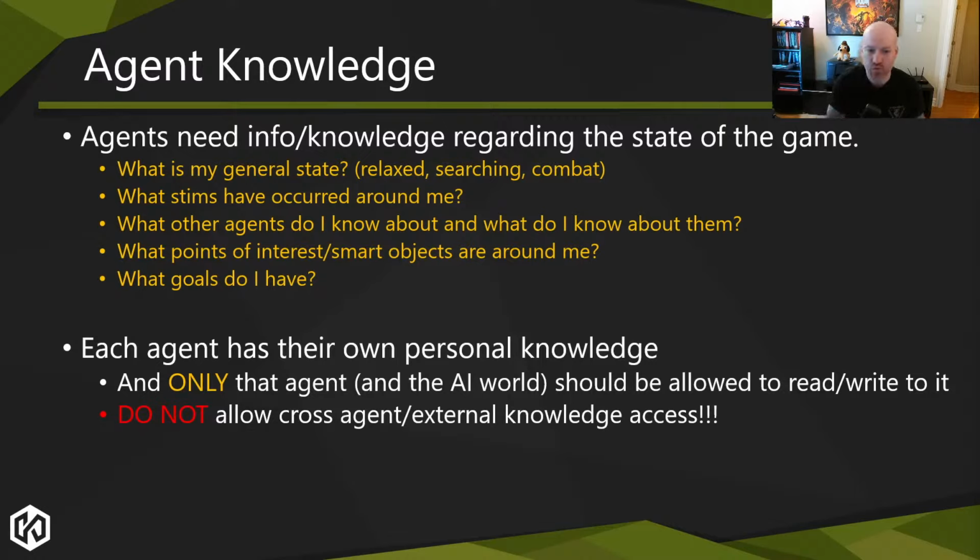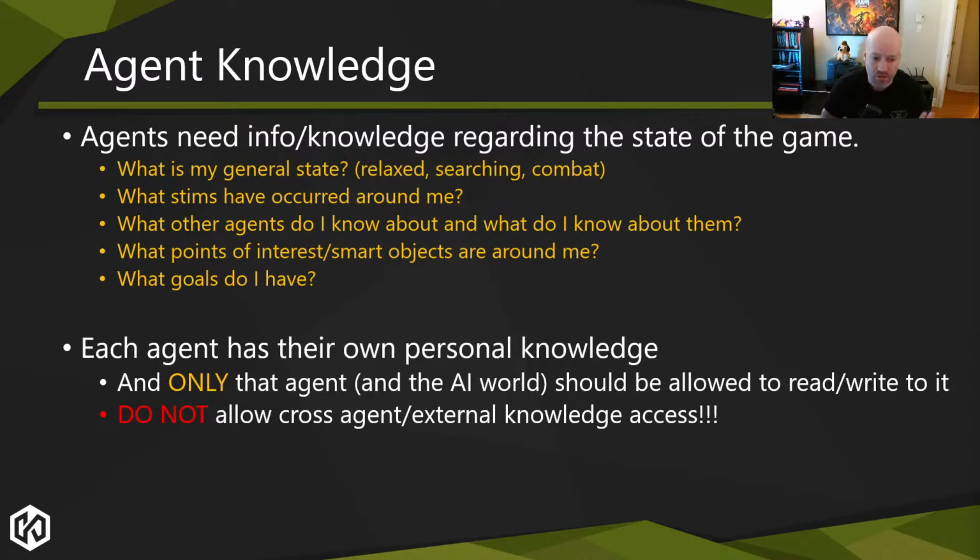What's my role? It's entirely personal information, and as such, it's better to restrict access to it so that only that agent can read and write to it and nobody else. In some places that I've worked where that wasn't enforced, you had agents messing with other agents' knowledge, and that generally was done to hack in group behavior or nonsense, and that basically broke every single time somebody tried that kind of approach. So fundamentally, keep personal knowledge entirely personal. I think on Hitman we had private and public knowledge, and that was also a giant mess. You don't need any of that complexity.